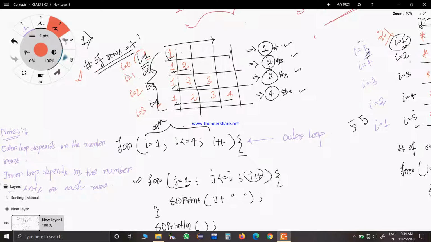But you have to keep in mind that the count must be 4. So here you can see the count is 4. So the loop will execute 4 times even if you start from 0 to 3. But what will be your starting and ending value for this I? That is the most important thing. You have to first figure out what will be my starting value for I and ending value for I.